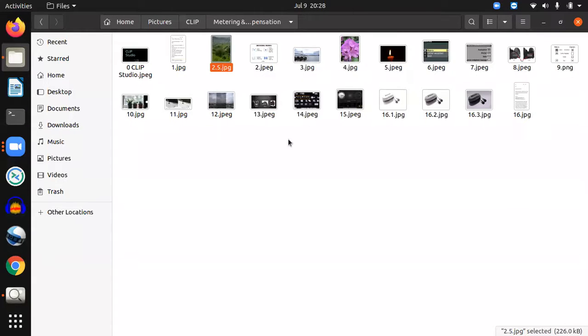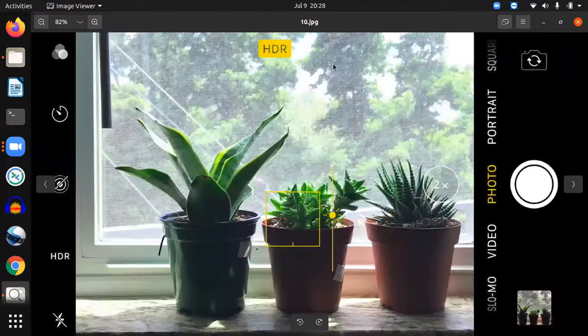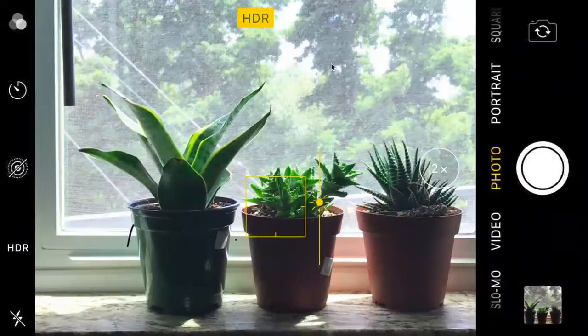So this is where we were discussing the metering mode. We have already discussed this. So we'll be moving to the second topic for this evening, that is exposure compensation. What is exposure compensation? With our exposure metering, whatever we have discussed so far, evaluative or matrix metering, center weighted metering and spot metering, we are able to get the proper exposure of scenes which are not so challenging.